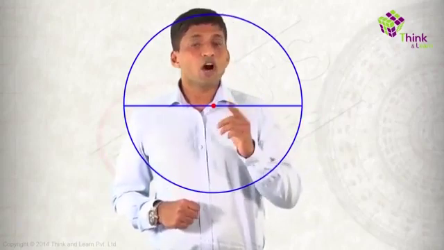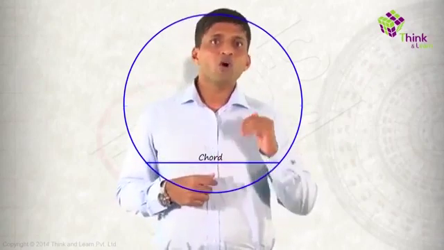Now if I push this up further, where it's passing through the center, where the chord is taking its maximum length, it's called a diameter. So these are very simple terms. So you know what is a chord, you know what is a diameter, you know what is a tangent. So basically diameter is the longest chord and it will be equal to 2 times the radius.